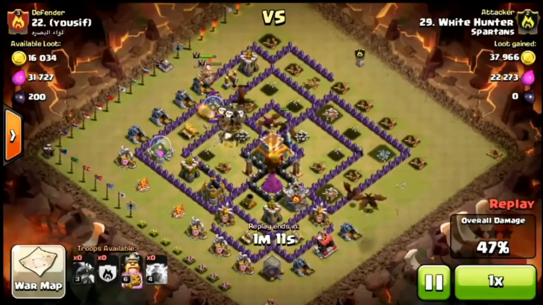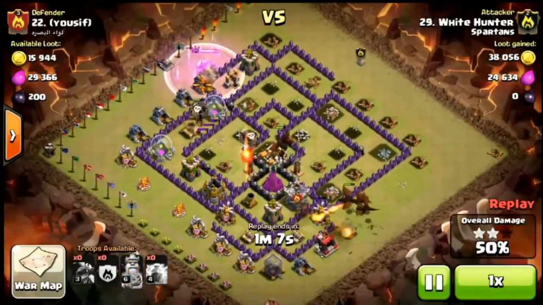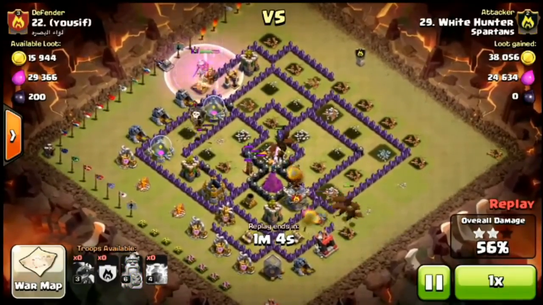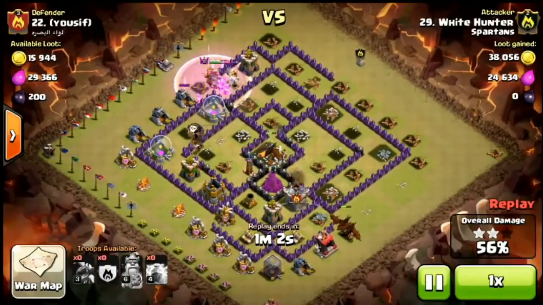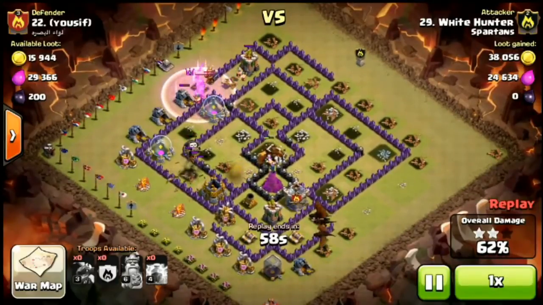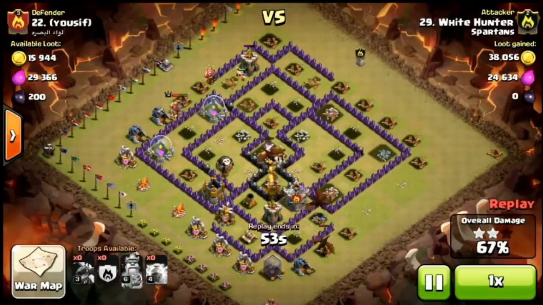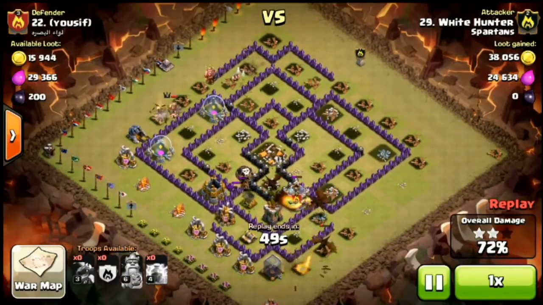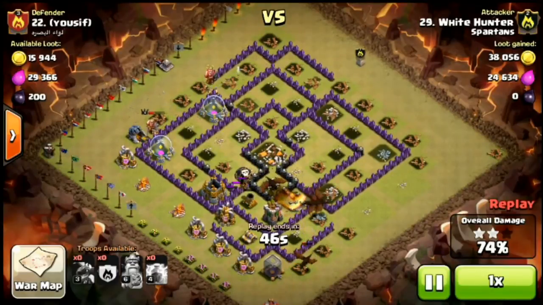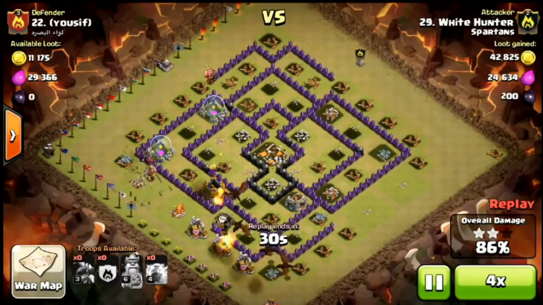And here one of the loons takes out a seeking air mine, which is really handy. I much prefer air mines to take out a balloon than a dragon. And now it's getting pretty close to over. It's a heroic barbarian in the corner about to kill this archer tower. Everything that can kill dragons is down, so it's just a case of cleaning everything up. Another really nice attack, and